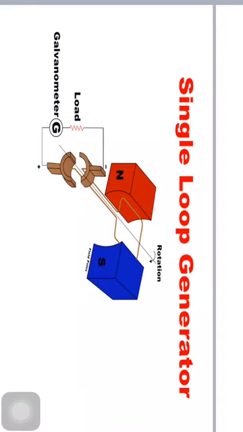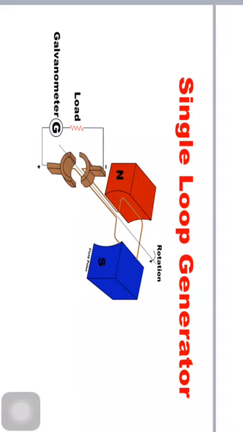The coil has a fixed position between the field, and the flux linked with it starts changing its value. As a result, EMF is induced in it, and it is proportional to the rate of change of flux linkage. That is, the coil or two conductors are rotating in clockwise direction.